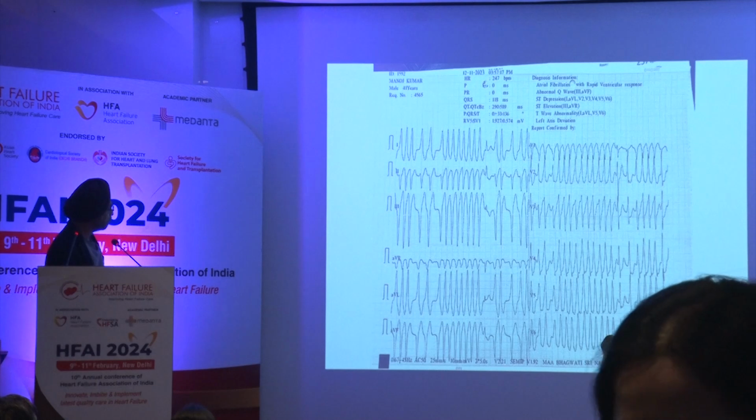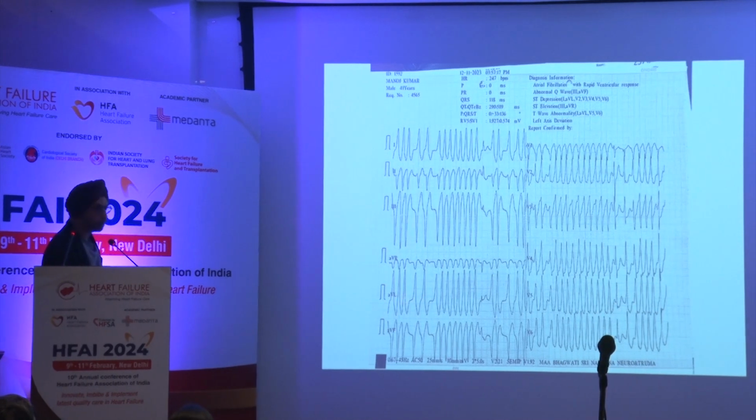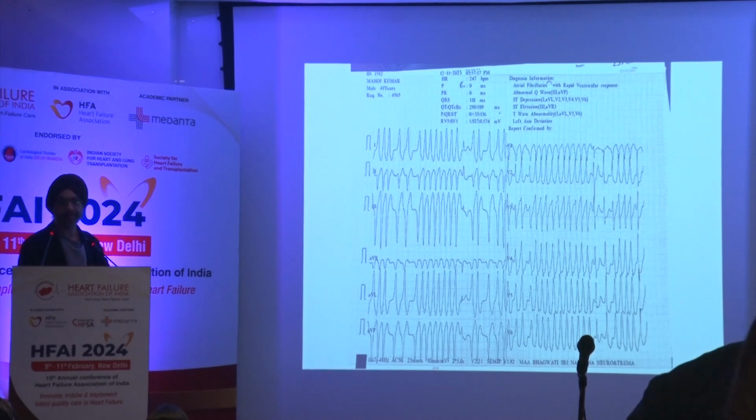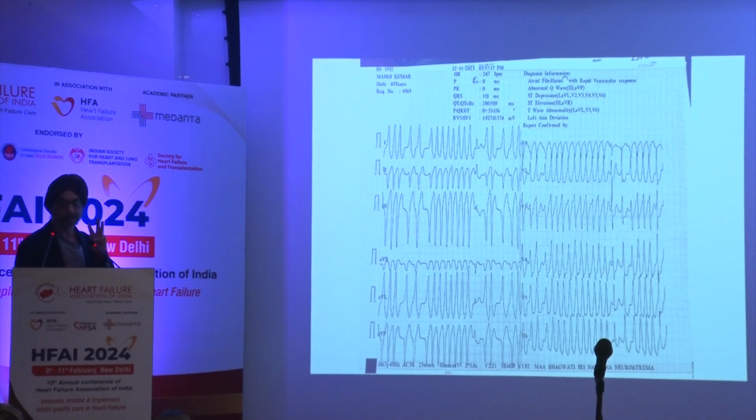Then you see some of the impulses are much broader than the others. These are broader than these impulses. They're going through the pre-excited band, but not through the AV node. So you have 3 kinds of beats in this. That also is the second clue. And the third clue is, if this patient is going for an ablation,